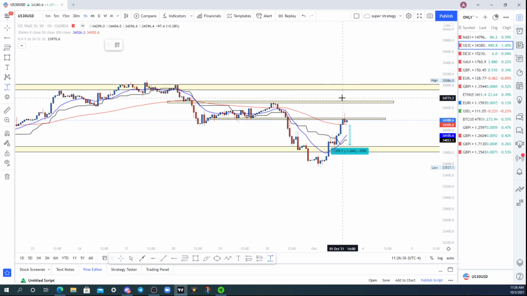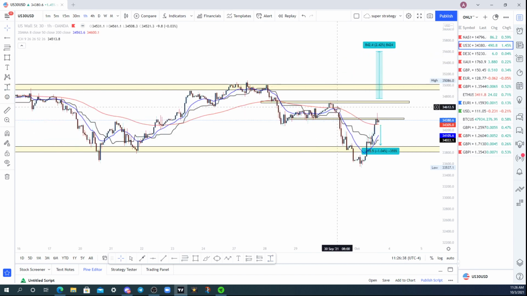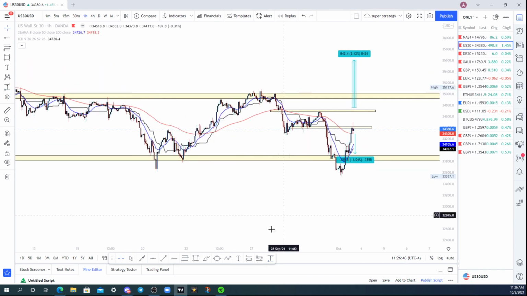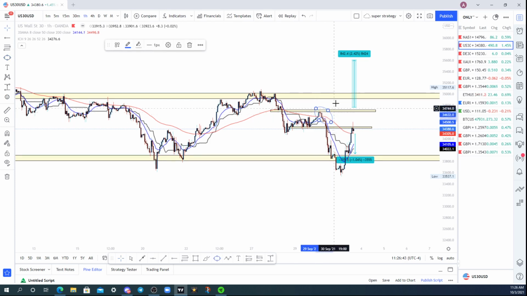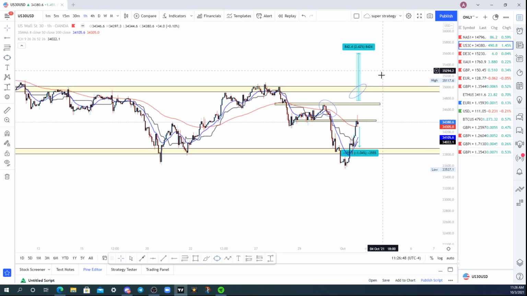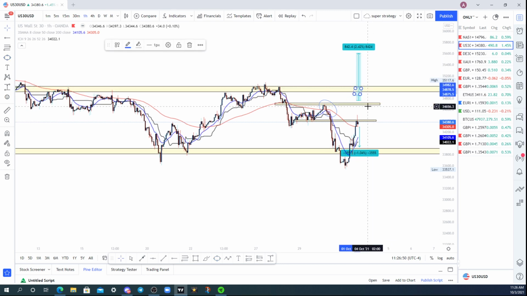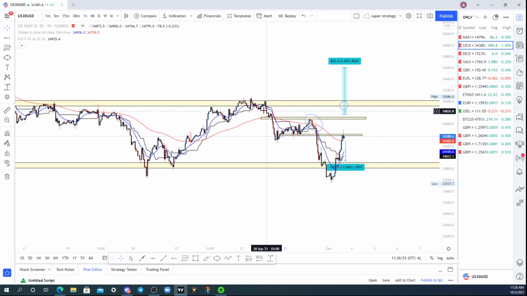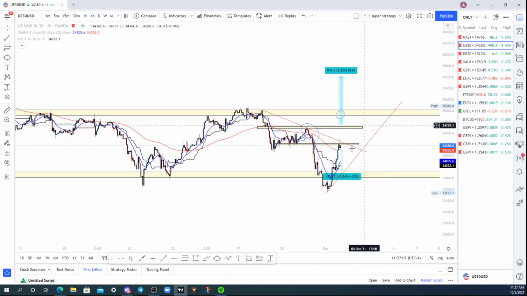Possibly even longs above here, because that's when we start disrespecting this lower high, right? Once this lower high here gets broken, we will create something like this, and then maybe come back for a retracement to then continue flying, right? So this will be a downtrend here, correct? Once we start to break above these highs, then market structure is breaking, to then possibly make a move to the upside, looking something like this, and just respecting this trend line.